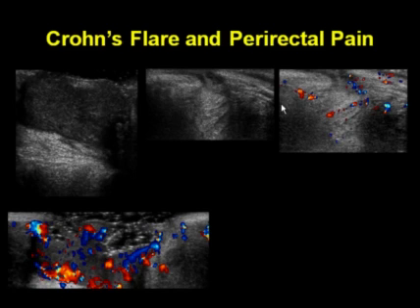Here's a patient with known Crohn's disease who developed a flare and complained of severe perirectal pain. You can see in these sonograms, which were performed with the patient prone, so this is the skin surface, there's gel, we see very prominent inflammatory tissue immediately below the surface of the skin, extremely hyperemic with color Doppler, and actually a fistula can be identified as well, extending to the skin with flow through this fistula seen in real time.